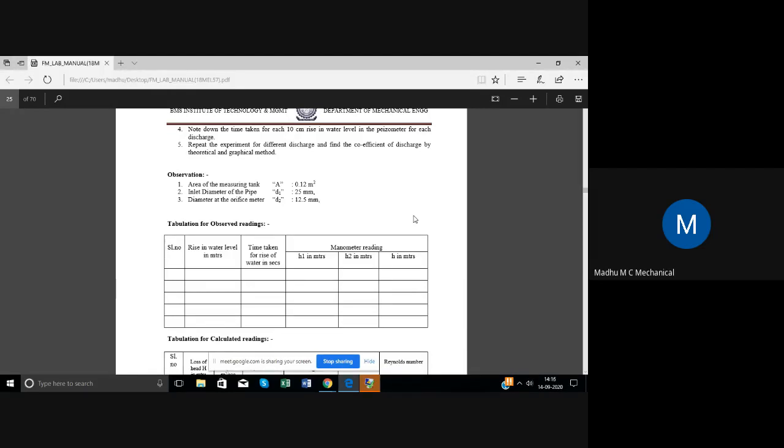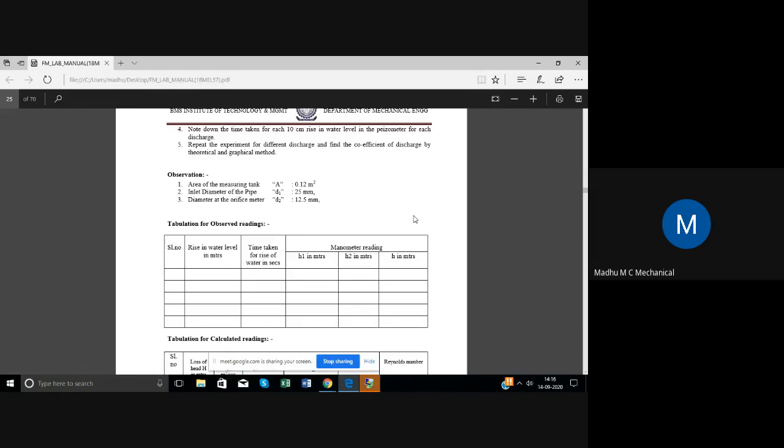So what should the value of H be? How much it should be? Anybody? 3.4 plus 1.9. Correct. Because from 0, below it is 1.9. From 0 above it is 3.4. So total difference is 1.9 plus 3.4, which is 5.3. Okay. So H is 5.3. Note down. 5.3 centimeter. You have to convert that to meters.